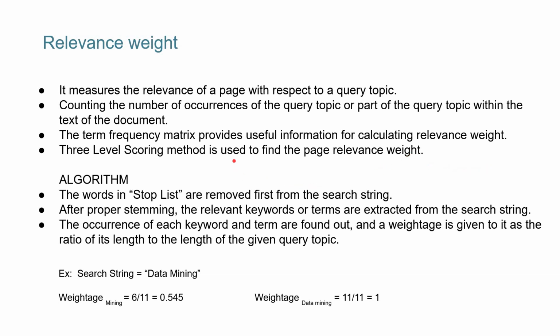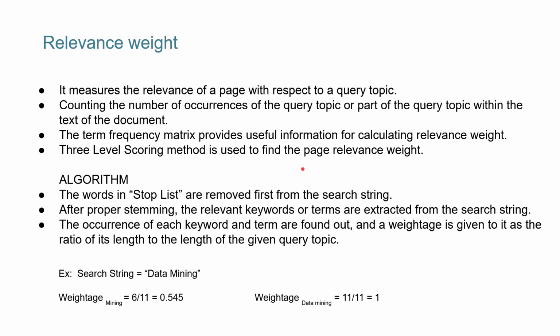So in this relevance weight, the number of occurrences of the query topic or part of the query topic within the text of the document is counted. The term frequency matrix provides useful information for calculating the relevance weight for the whole search string or the partial keywords of the search string. A 3-level scoring method is used to find the page relevance weight, and the algorithm used in relevance weight is,